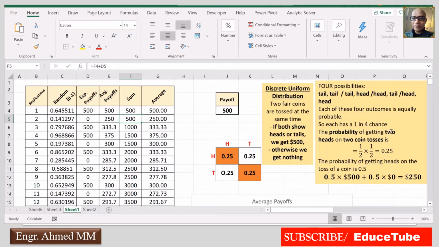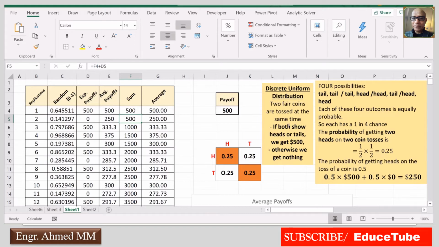The probability of getting two heads on two coin tosses will be half into half, because the probability of getting heads for each coin is 0.5. So half into half is 0.25. For two heads it is 0.25, and for two tails also it is 0.25.